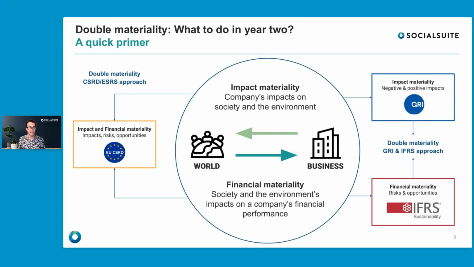So if you look on the left-hand side of this slide here, we see that double materiality under the Corporate Sustainability Reporting Directive in the European Union is mandated for companies. You have to do this as part of your CSRD reporting every year. So once that first year is done, you have to do it in year 2 and subsequent years. So that's really important. You're mandated, and that's why a lot of companies are now wondering, how do I do that in that second year? Is it still that amount of effort? But sustainability is not only happening in Europe.